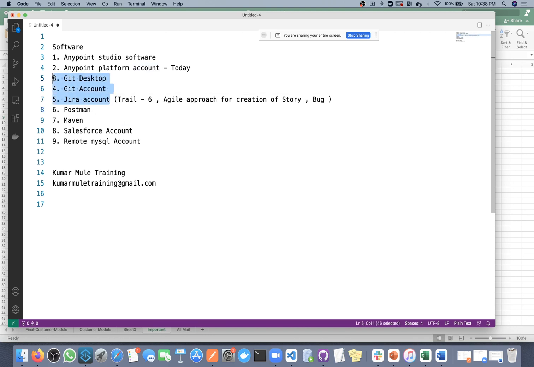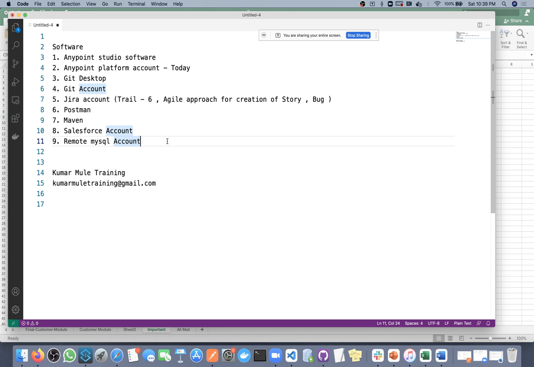Sorry, your voice is very low. Someone is saying something, but your voice is very low. Okay, these three I will show. These three will be part of today's discussion. Apart from that, we need other software, but the setup and installation process is just a one or two step process: you just need to download it and create an account. These three we will discuss in detail, and as a developer you should have knowledge of these three.